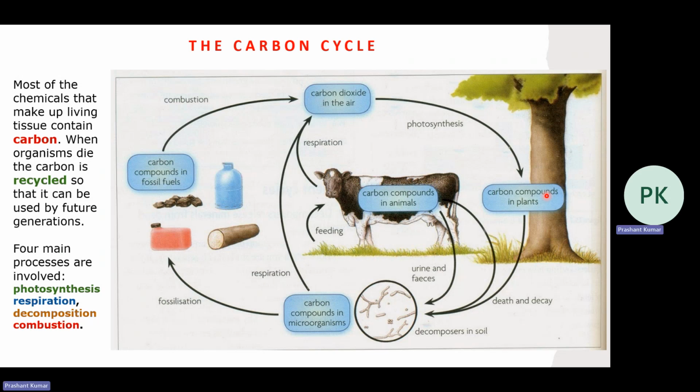And we have seen the four main processes which help in the carbon cycle. First is photosynthesis, second is respiration, third is decomposition, right? And the fourth is combustion. So these are the four main processes which help in the flowing of carbon,